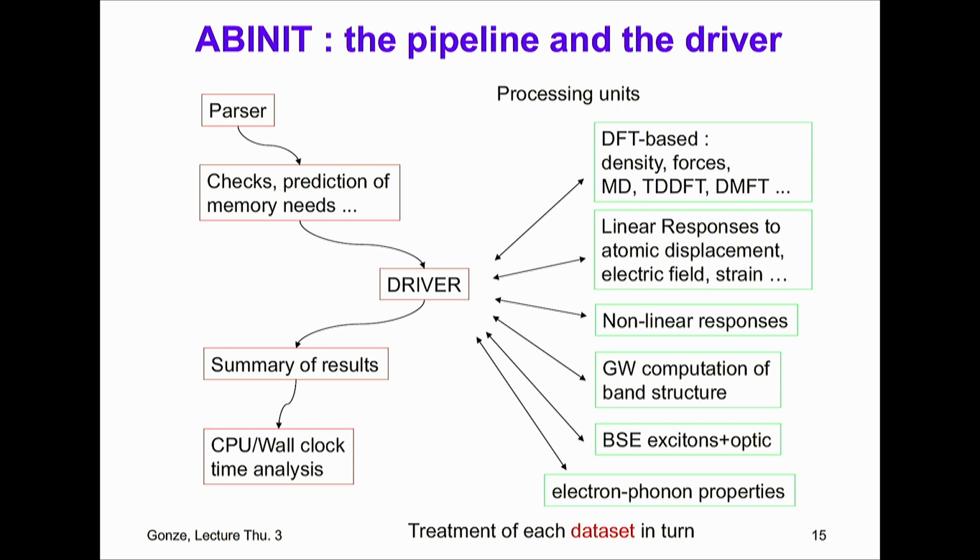Processing unit GW, Bethe-Salpeter, and very recently we have developed a specific processing unit for electron-phonon properties. And actually, in an input file of ABINIT, you not only specify one kind of job to be done, but it's possible, because of its managing flow capability, to say, I would like to start to make a relaxation, and then take the output to start a density functional perturbation calculation for many different phonons, many different Q points, and